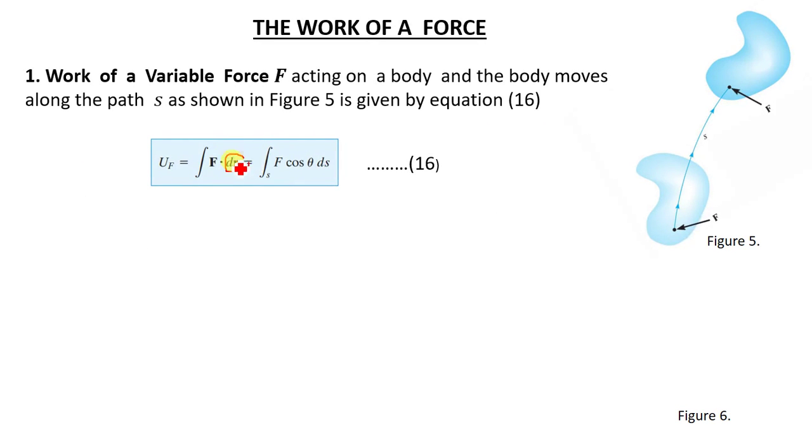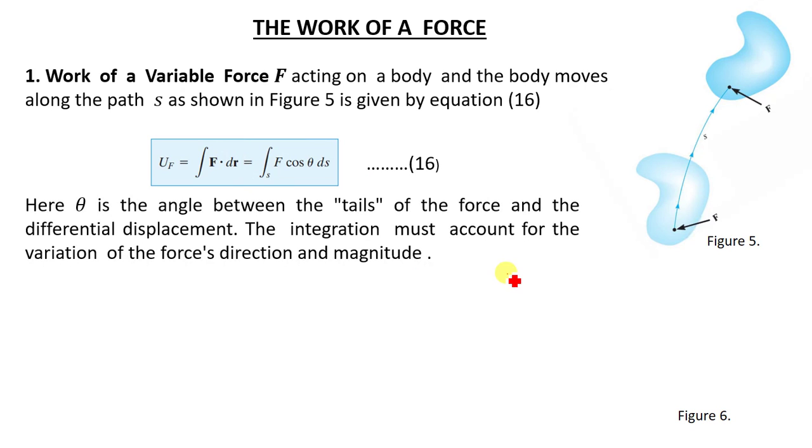Consider the r to also be varying. That's the reason why we've used the r there instead of just saying force times distance. Force times distance is normally used when a force is constant. So here the force is varying. These are just formulas you need to master. Here theta is the angle between the tails of the force and the differential displacement, and the integration must account for the variation of the force's